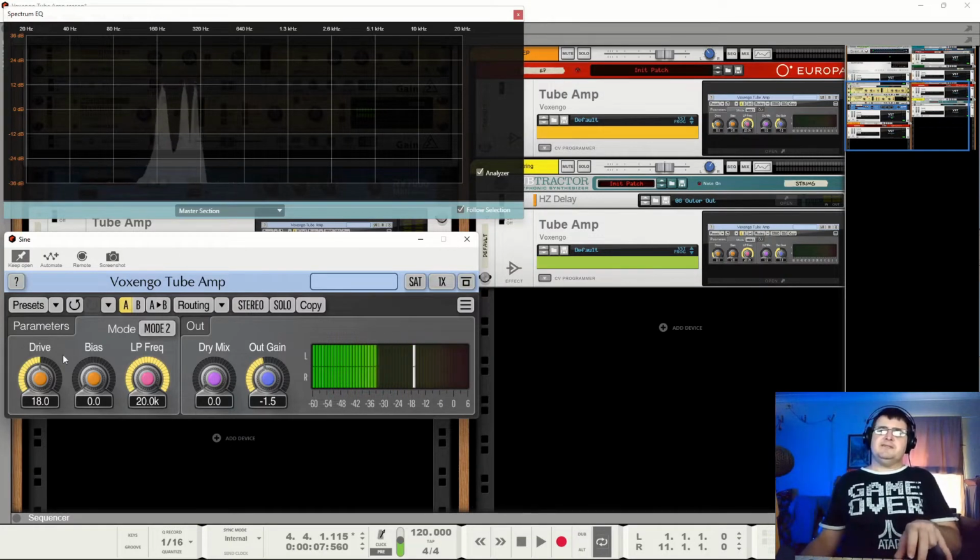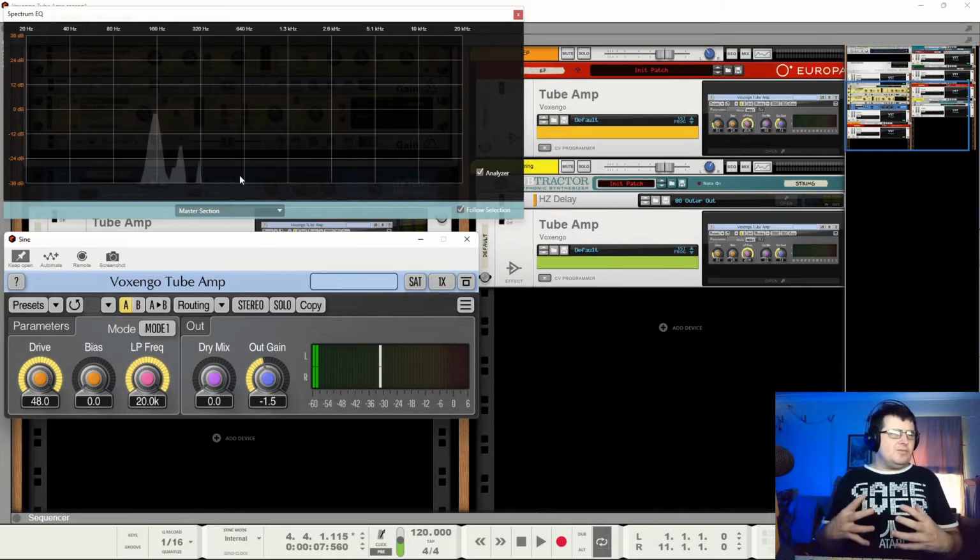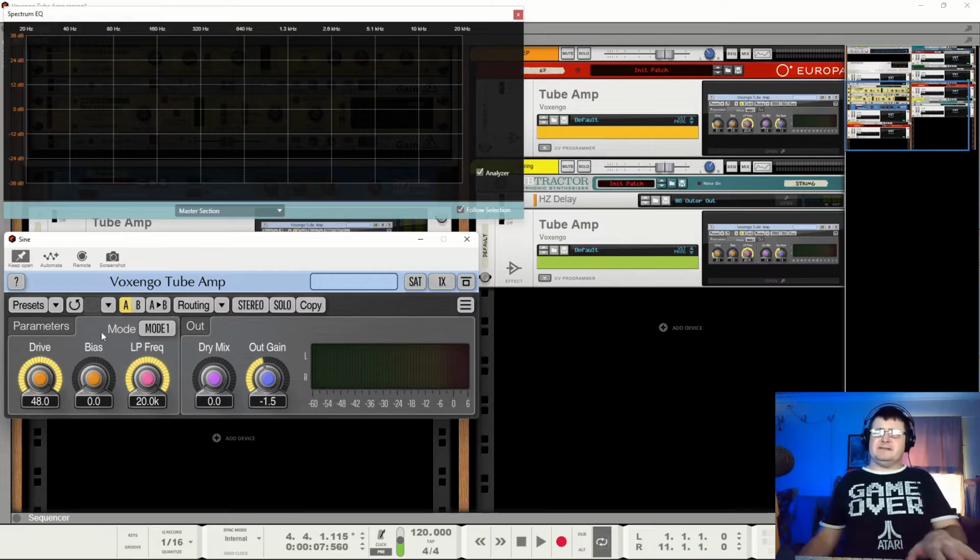But it doesn't sound the same as mode 2. Mode 2 is more exciting. If we push mode 1, we see we only get these two overtones. For some reason, I don't love mode 1. By the time I get things happening, it feels like it is, as I say, kind of blunting things. It's the higher overtones that I think are the exciting ones.